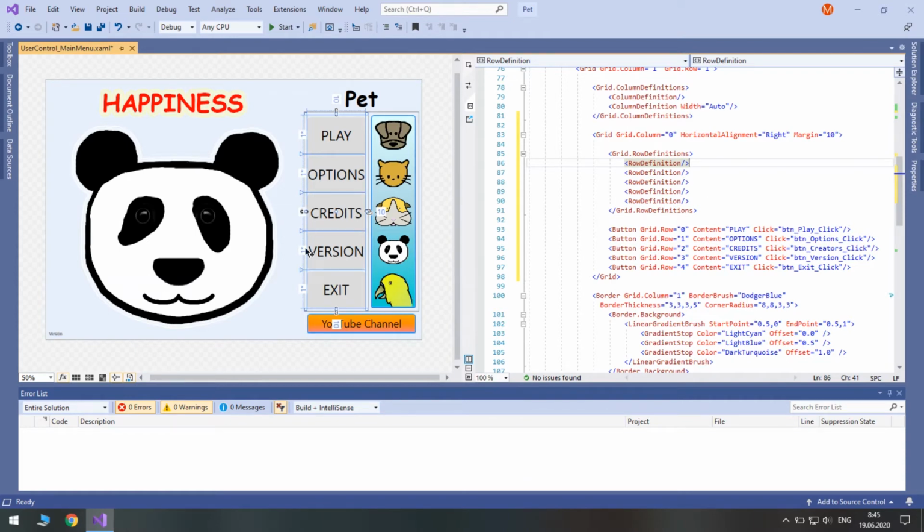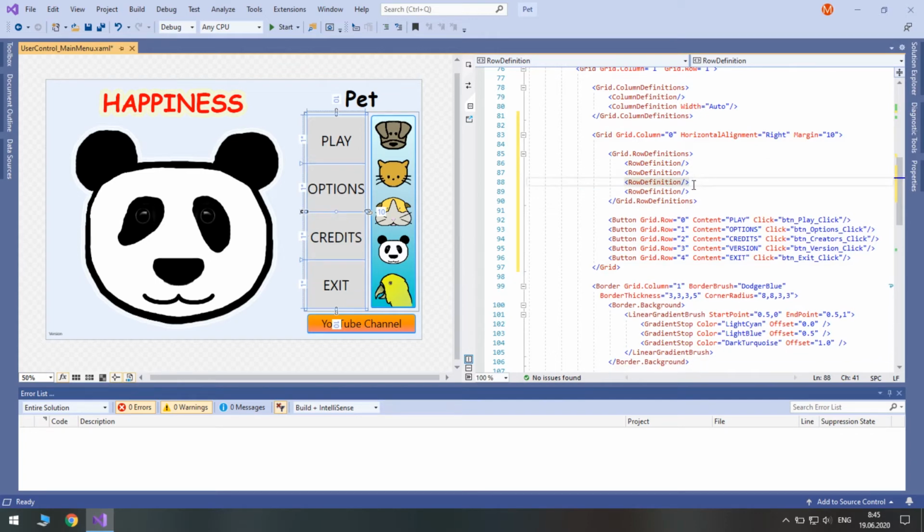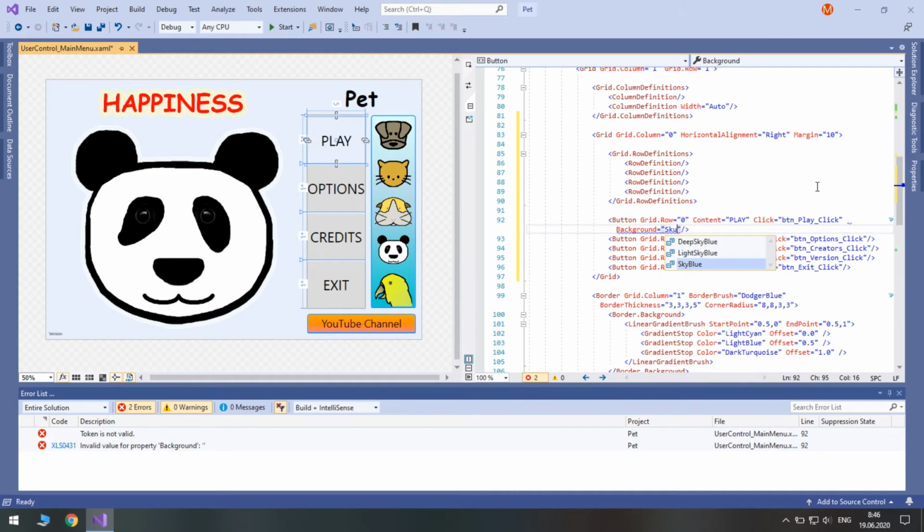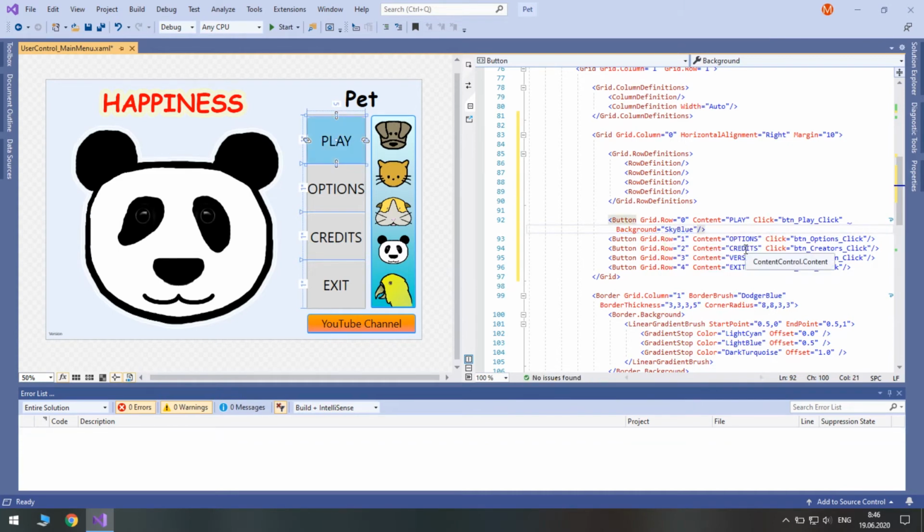Instead, we will make a button to lead to our website. So let's remove one row definition, because we will have 4 buttons. As for the buttons themselves, we are going to make them colorful. So the first button will be sky blue. Good. The second button will be light green.